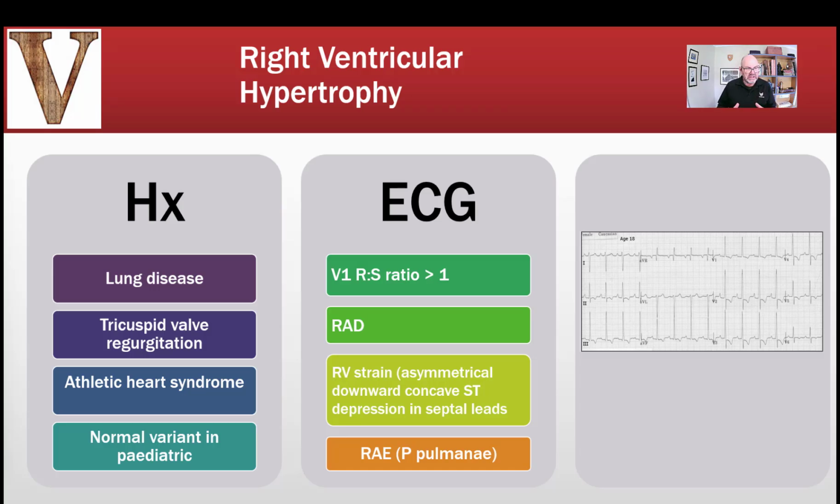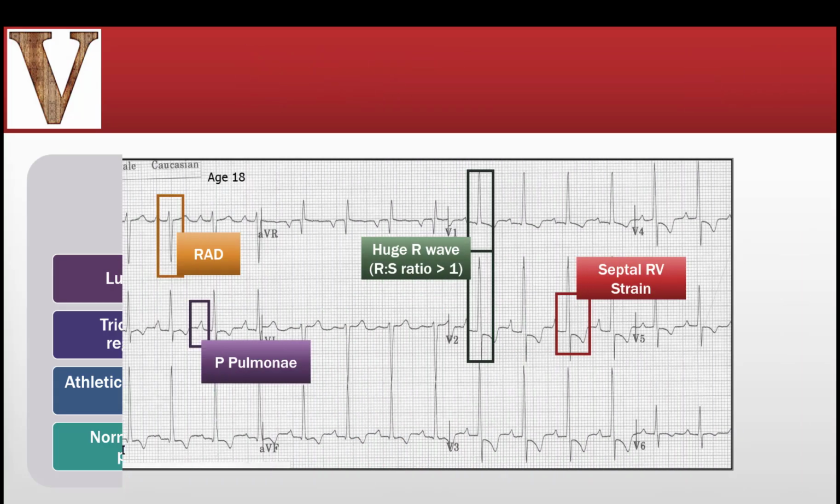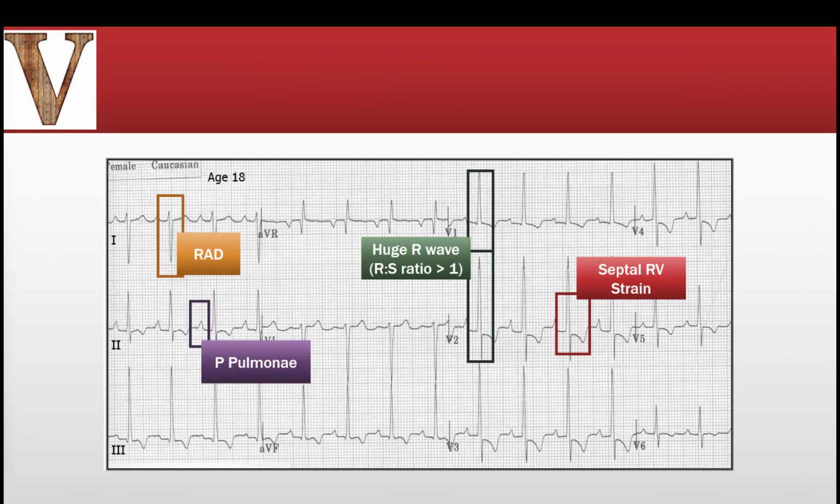The voltage and the axis changes can result in tall R waves in the septo-anterior leads and ST depression in leads V1 to V3. Unlike left ventricular hypertrophy though, right ventricular hypertrophy has no specific voltage criteria, and clinicians need to review a cluster of right-sided features including right axis deviation, a dominant R wave in V1, that is where the R to S ratio is greater than 1, a dominant S wave in V5 or V6, this is where